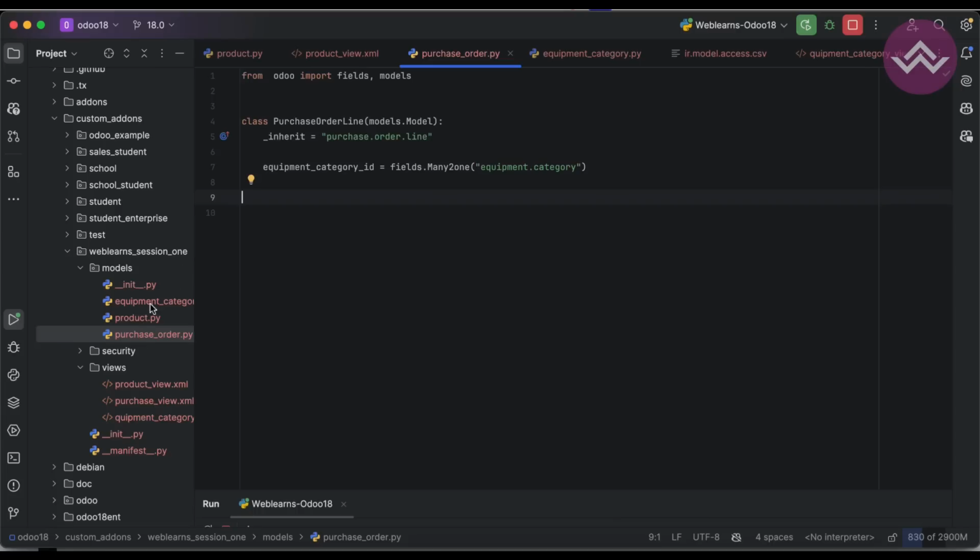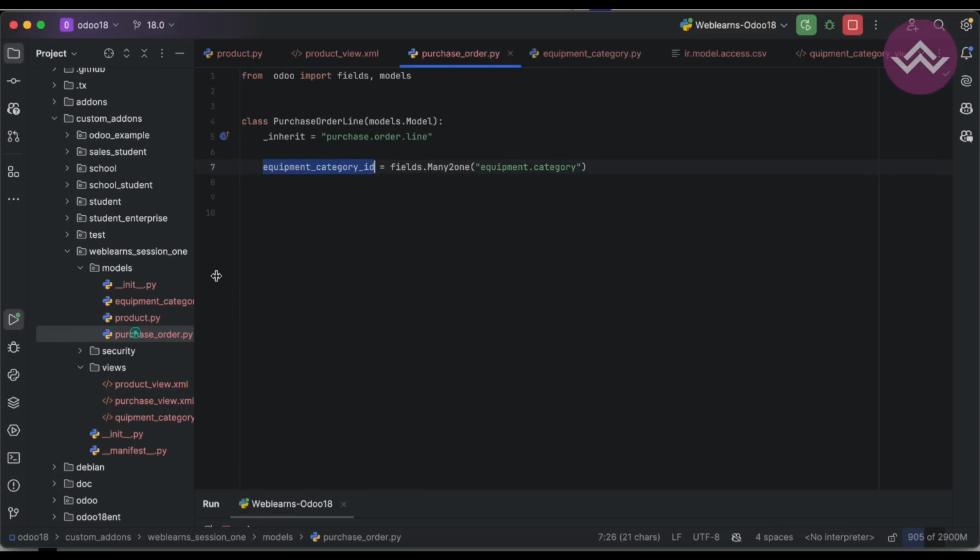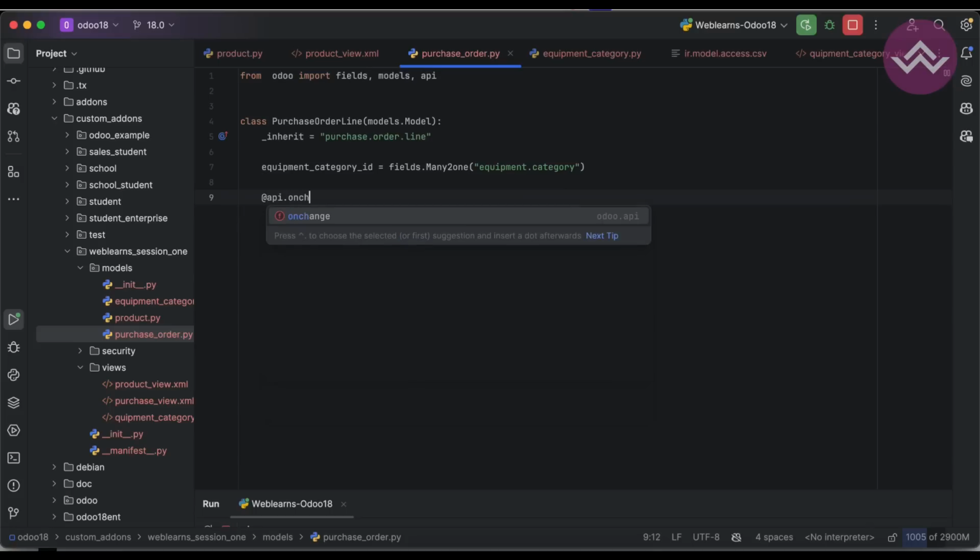Okay, so that's it. And yeah, one more thing is when on change of the product_id, whatever that specific category is configured in the product, we have to also display in this line, right? So we have to use on change. So for that, first thing is I have to use api as a decorator, on change